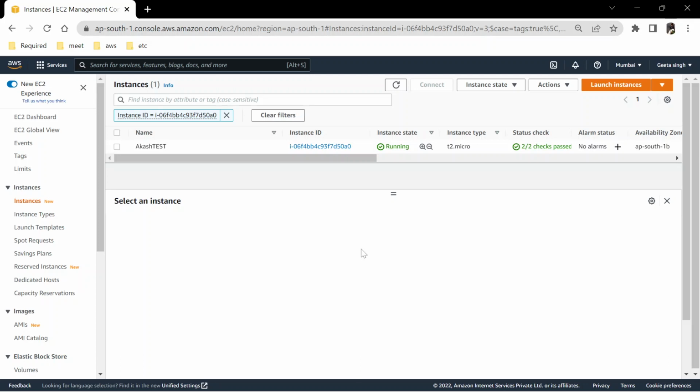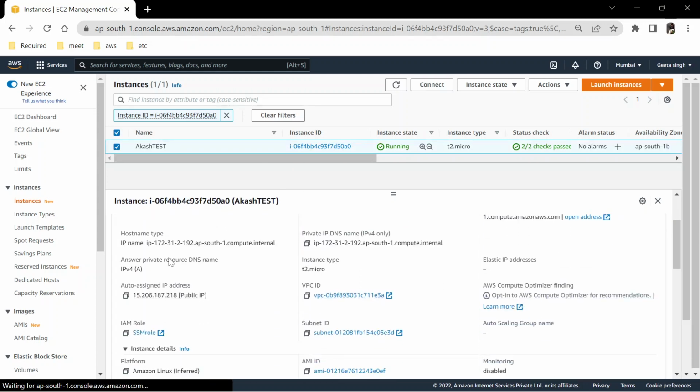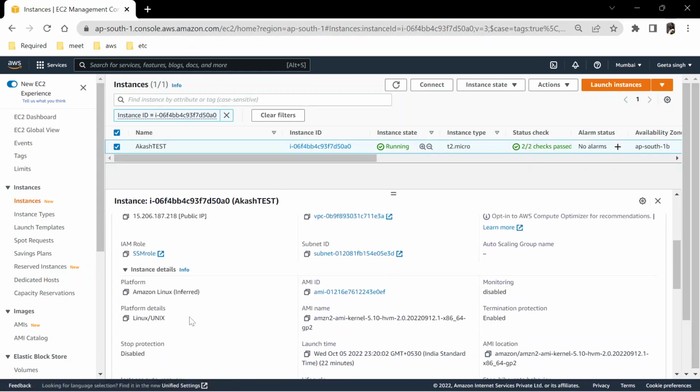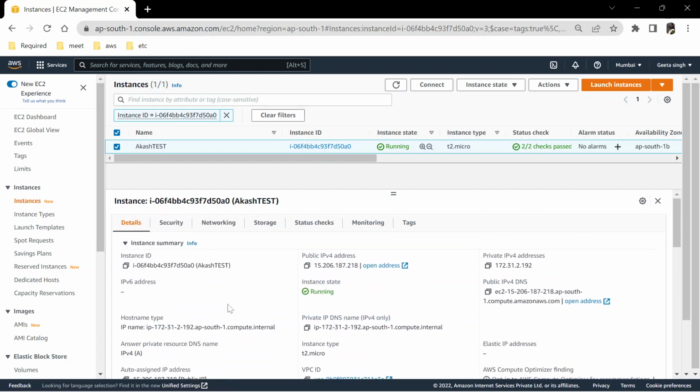Hi guys, in this video we'll be seeing how we can create users in a Linux EC2 instance. As you can check, I have already installed a Linux instance over here. In this we will check how we can create a password based user as well as a key based